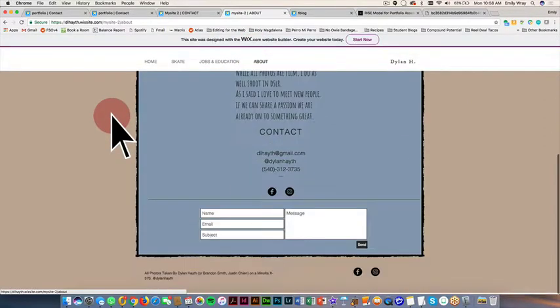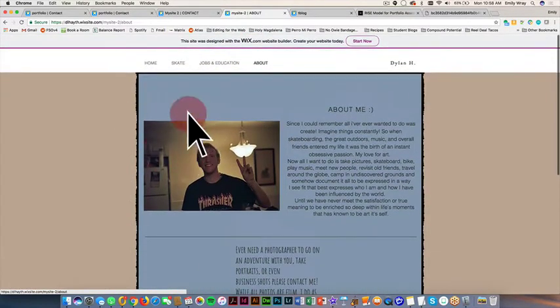Last but not least, we've got the About page. So here, just a little bit about you. I like the image. I feel like that's you. I really like when you guys include pictures of yourselves that are of you doing what you do. So obviously the skate video is important to Dylan, but like the way that Luciana has a lot of pictures of her,